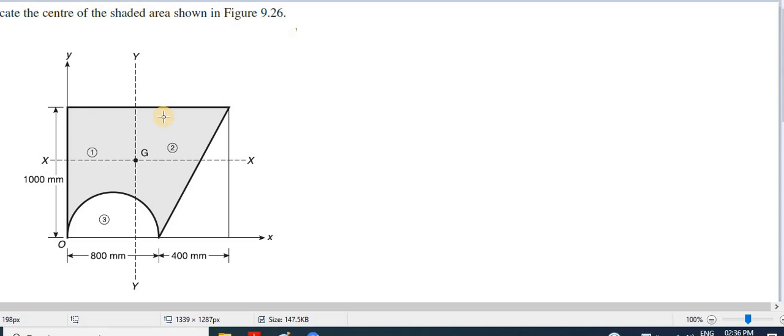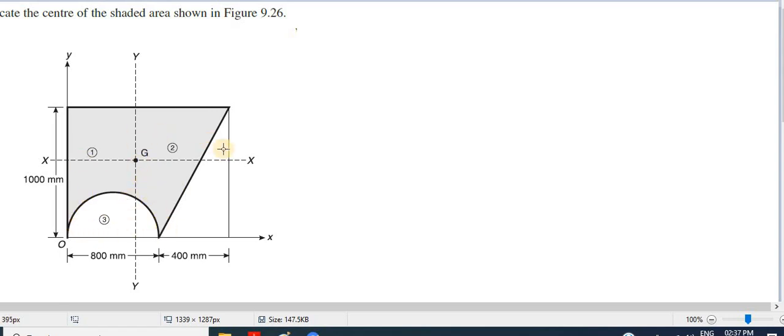So now we are going to see the shaded area portion. For example, this is the shaded area problem. Now what we have to do, see here, this is the figure they have given. The shaded portion, if you see, is not a good shape. It is not any shape that we have.